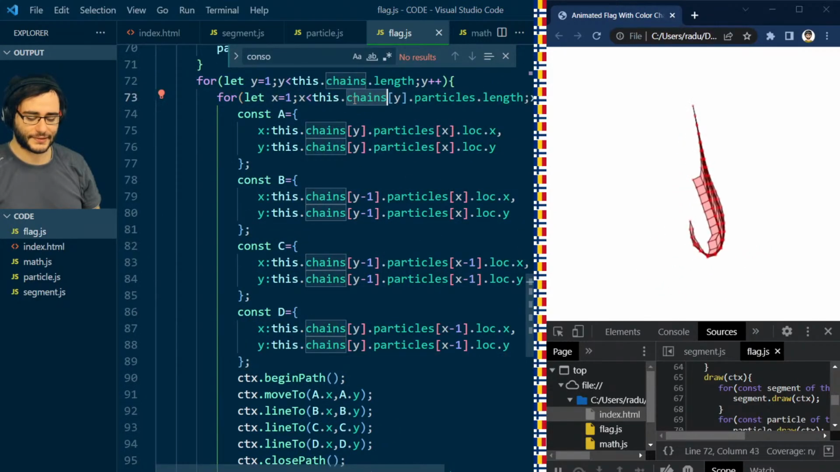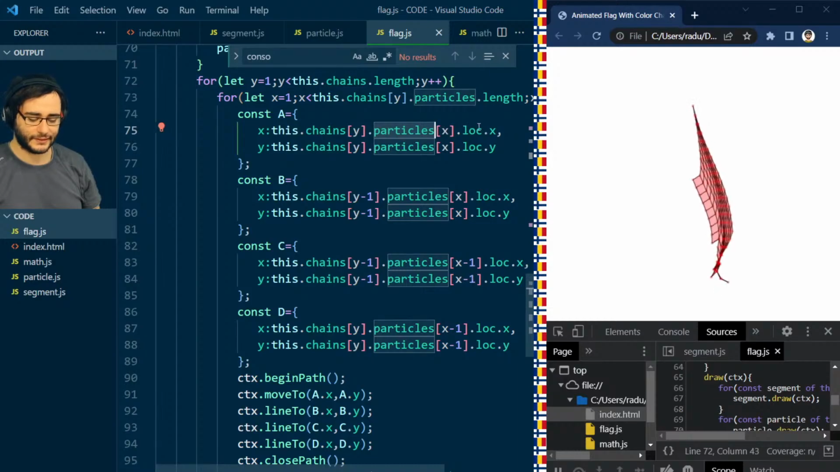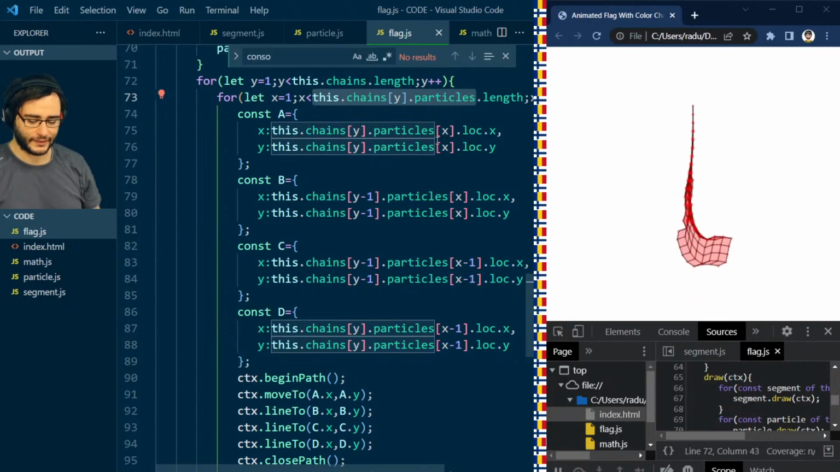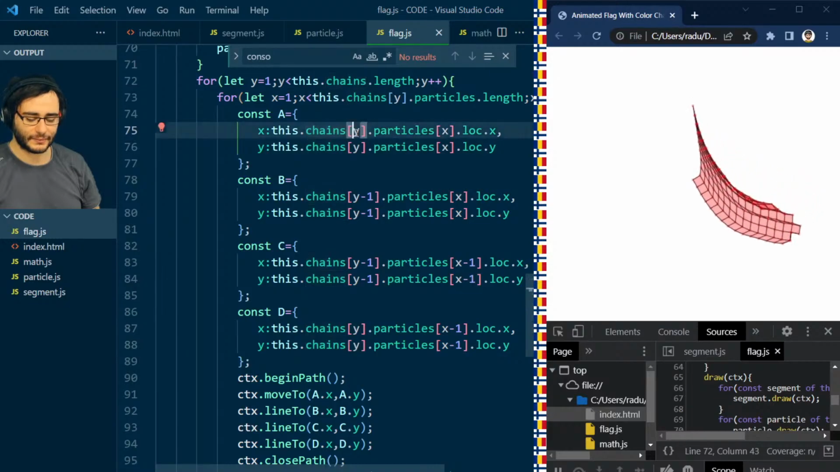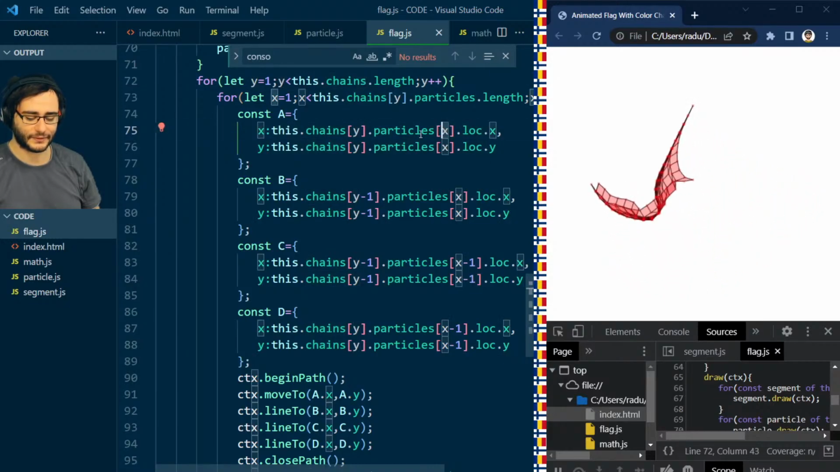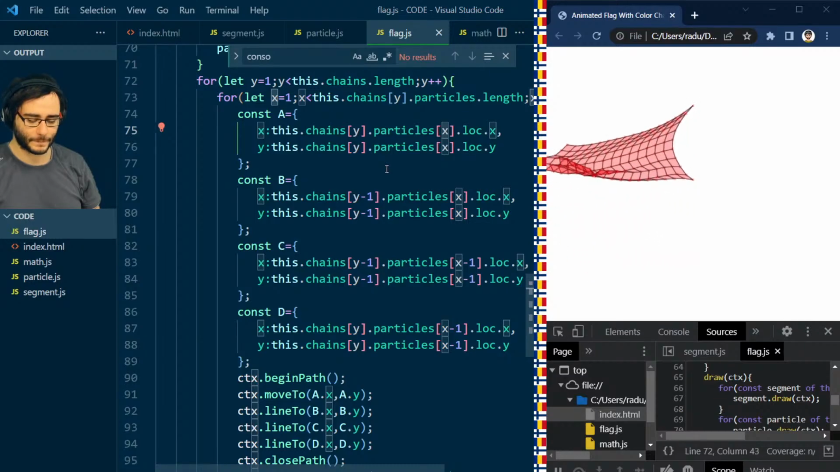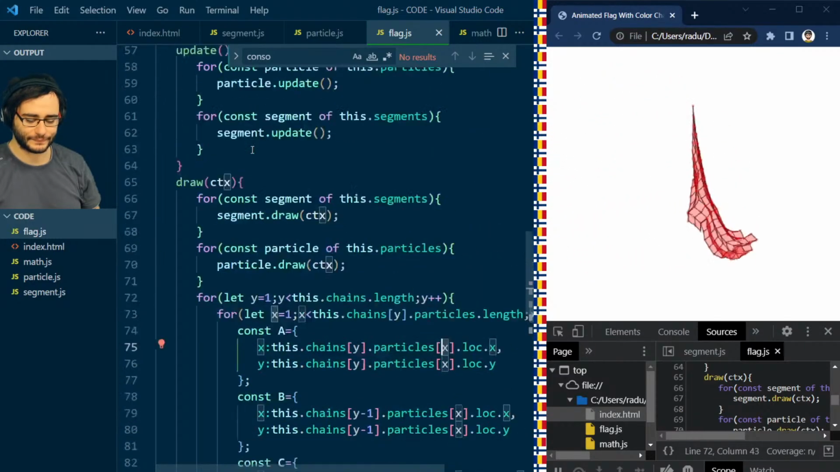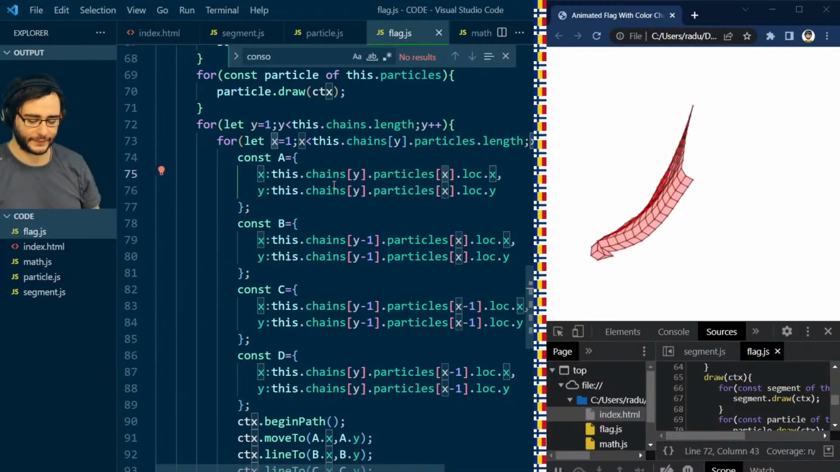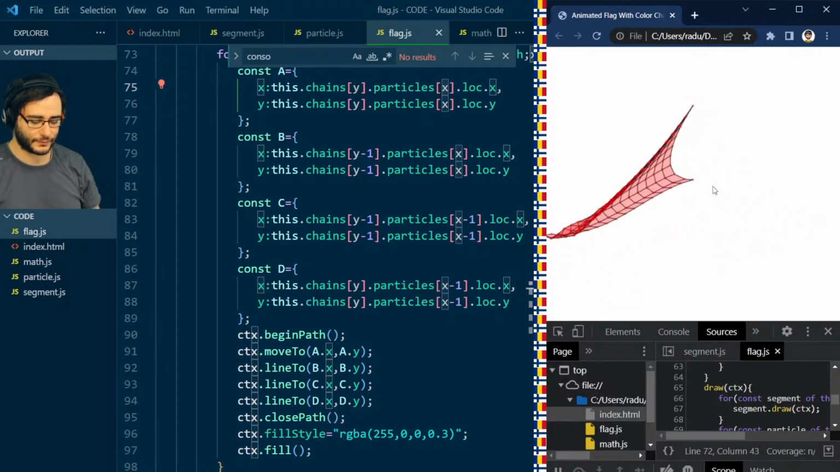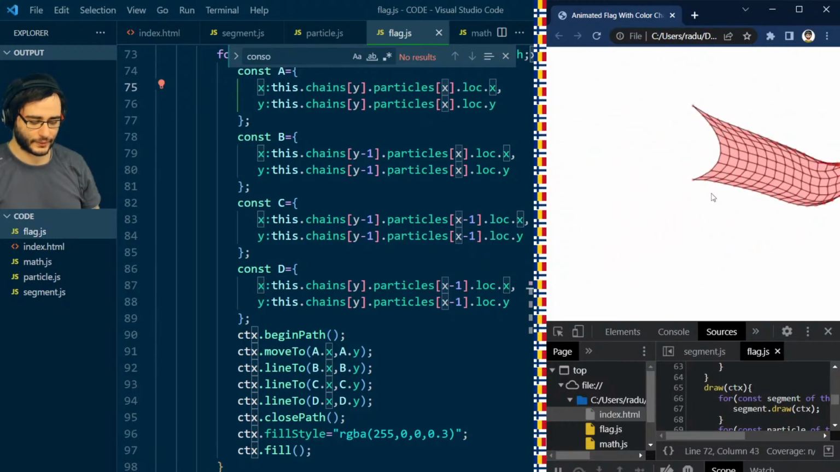So the chains are made of particles, and I'm iterating through the chain particles here, which is just horrible. I could extract some of these things, but because the y and x index of these changes for A, B, C, and D, I can't really write nicer code in this way. So it's kind of ugly here, but it will have to do. So now this is red here. I actually don't need